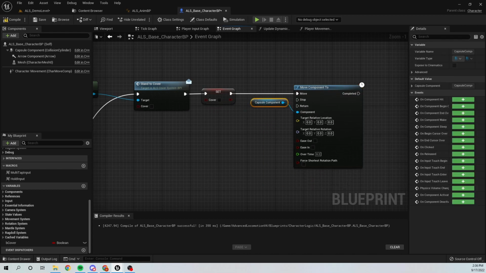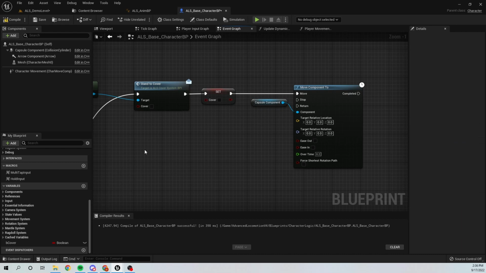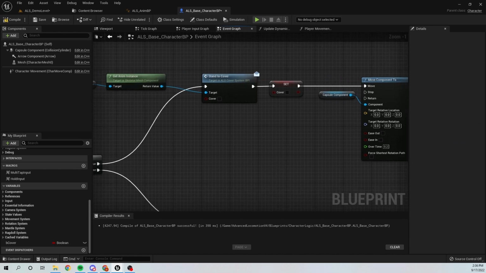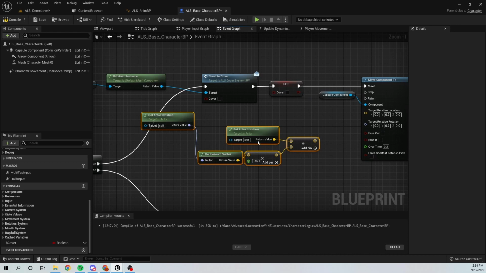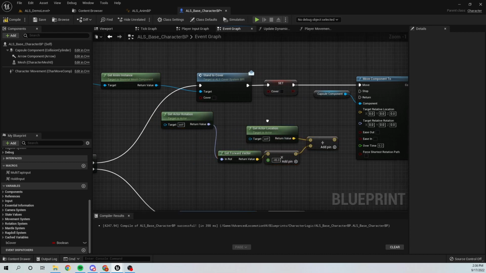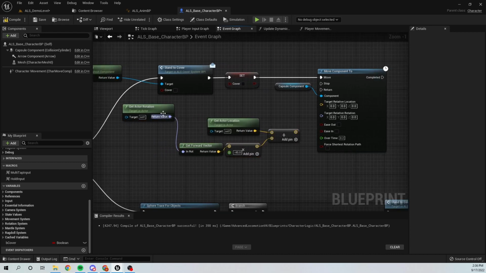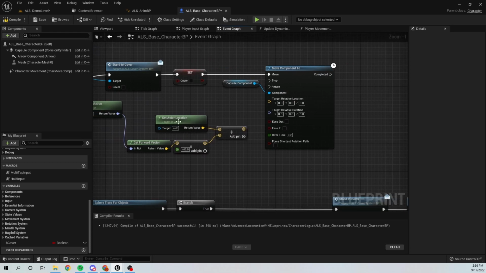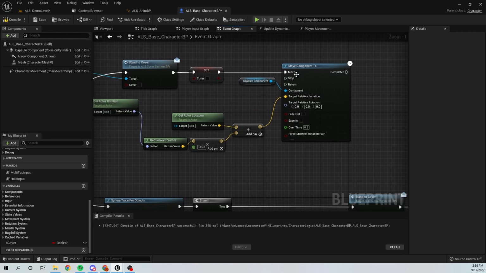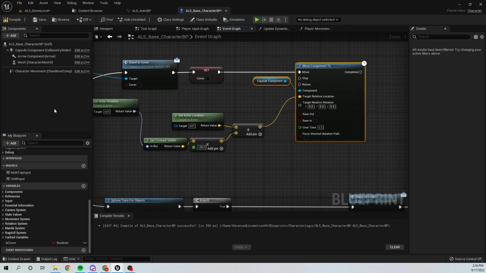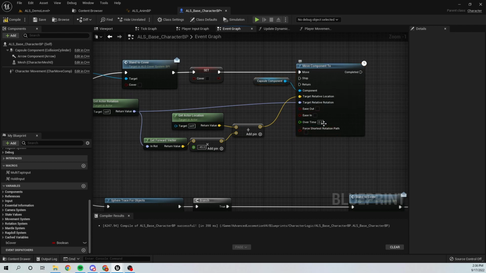I'm gonna copy paste this functionality from my project over here. So this is pretty simple. I'm gonna get my actor rotation, get forward vector, multiply the forward vector with -45 and add that to my actor location. So we will move our capsule component to this point and our actor rotation will be the same. I'm gonna set the over time to 0.8,